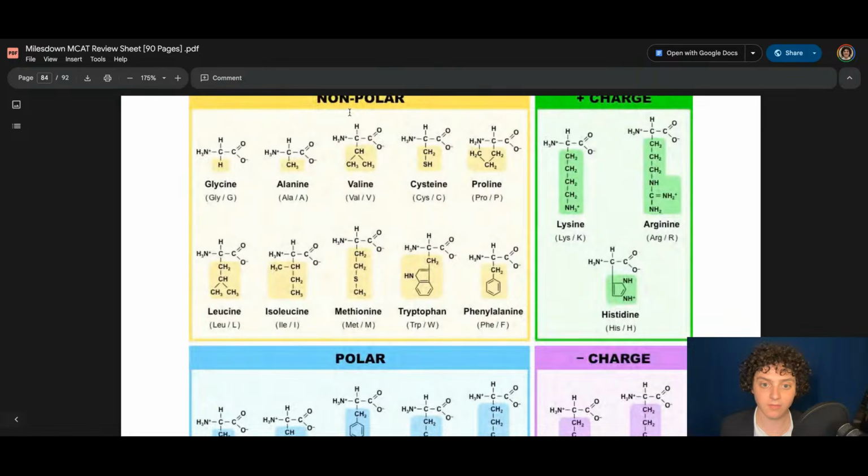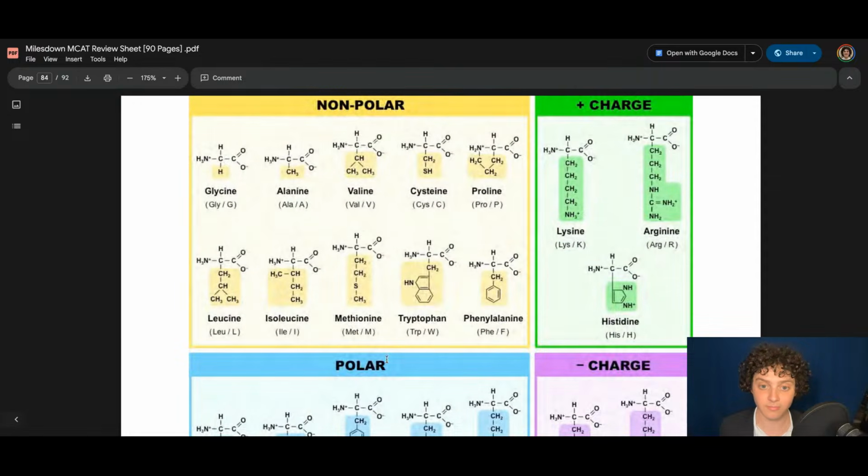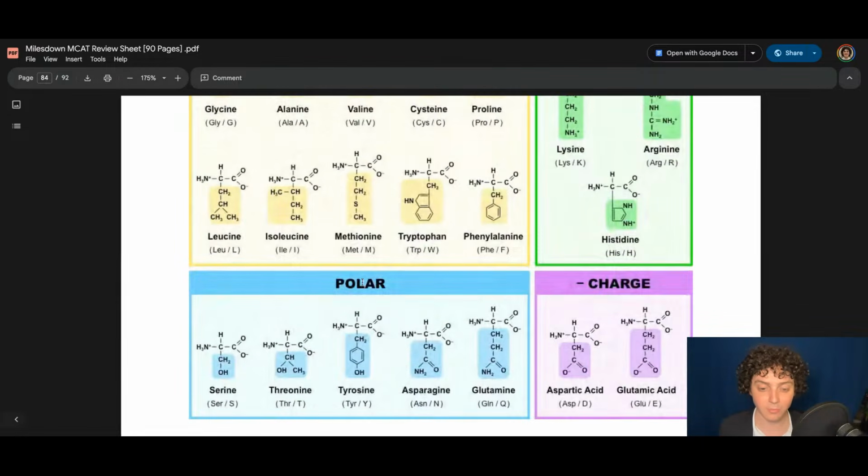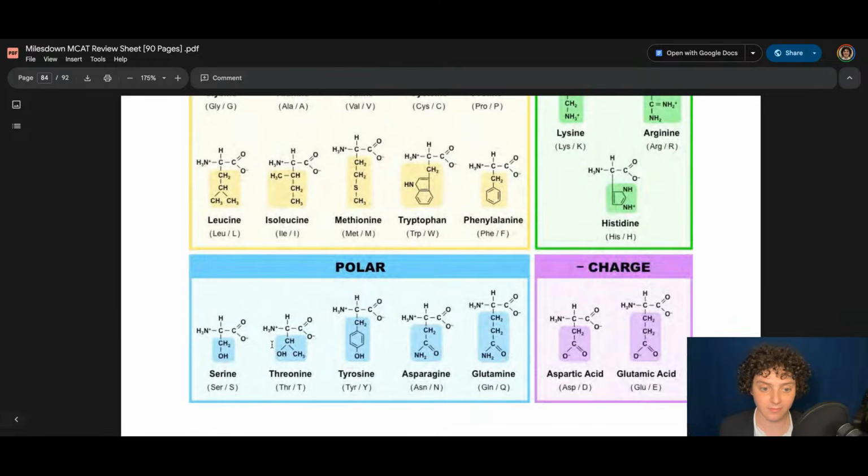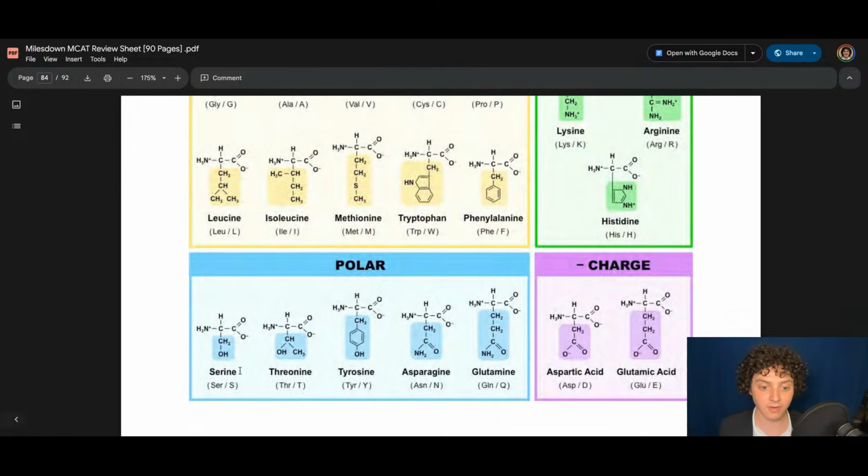Moving on to the opposite of nonpolar, polar, and the opposite of hydrophobic, hydrophilic. These are the polar hydrophilic amino acids. First, there is serine, which has the R group CH2 and then OH. That OH, as mentioned before, participates in hydrogen bonding and is also a possible site of phosphorylation, or the conversion of an OH group to a phosphate group, which is important for many biological processes. After serine comes